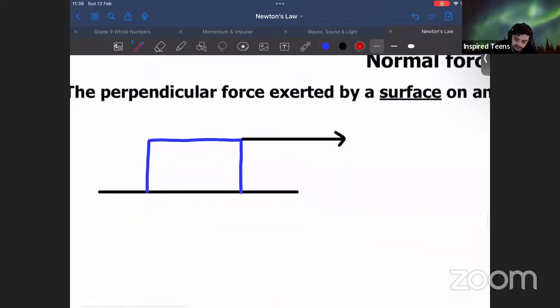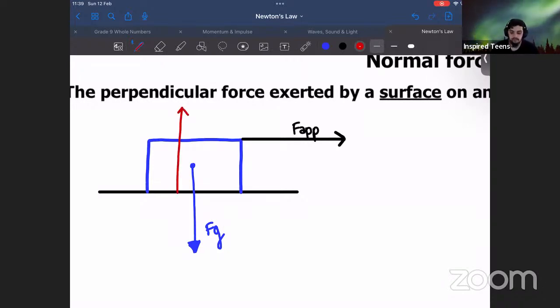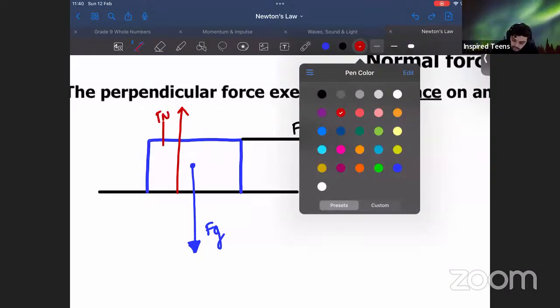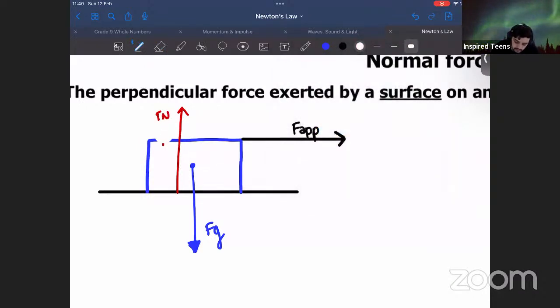In a basic example like this, let's just say that this is an F applied, an applied force that's pulling this box to the right. We want to calculate its normal force. So firstly, we consider its Fg. Fg is always down. And in this case, F normal is up because we're on a flat surface. F normal is going to be up from the surface. Now, when we work with F normal, we only consider